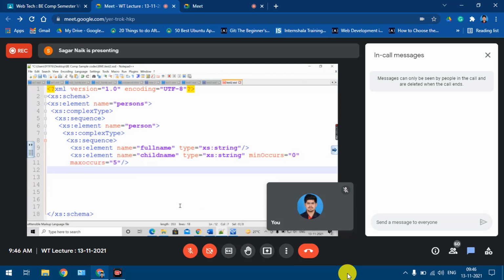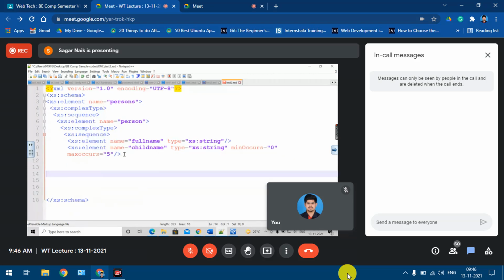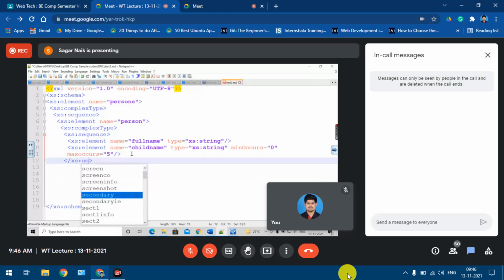Okay, and yeah, fine. So what I'll close now, this thing is closed, this thing is closed. So now I'll close the sequence. This particular element I'll close, xs:sequence, right? Okay, then what? I'll close complex type.